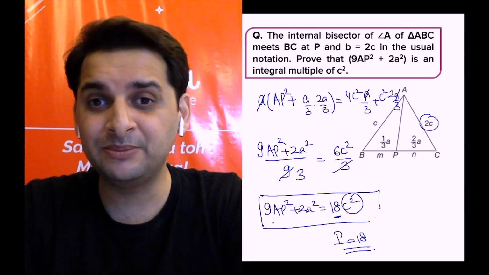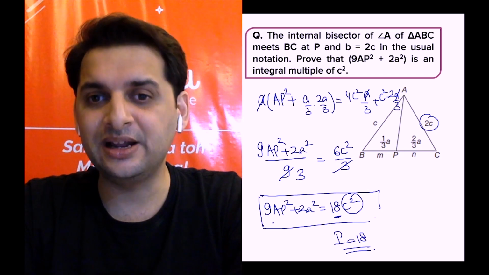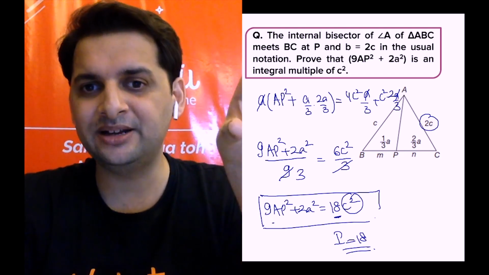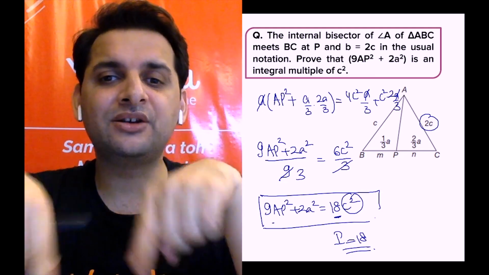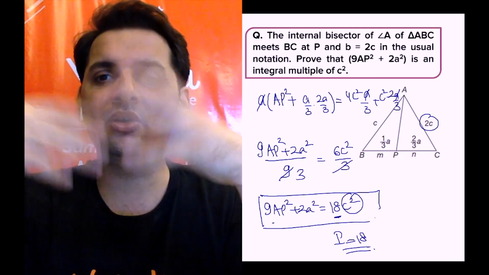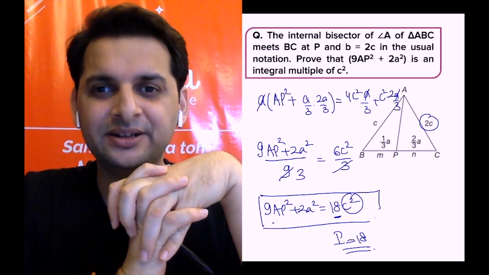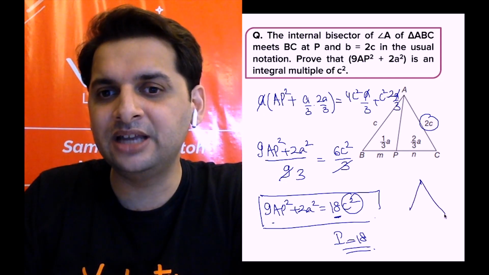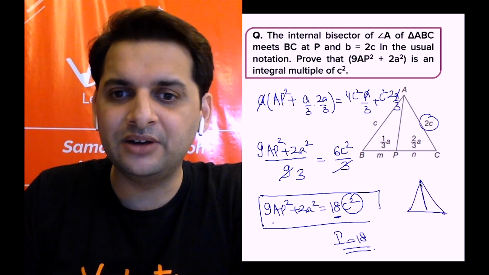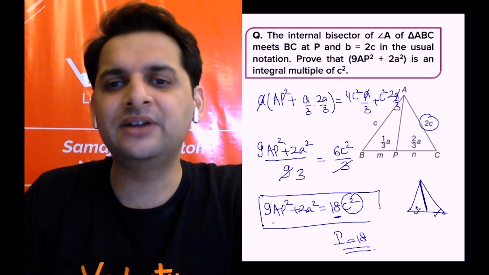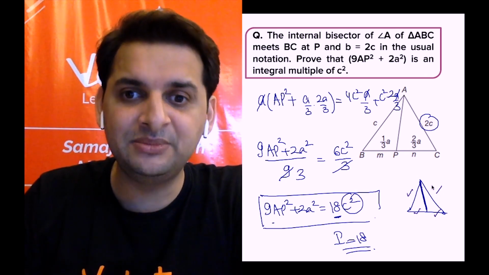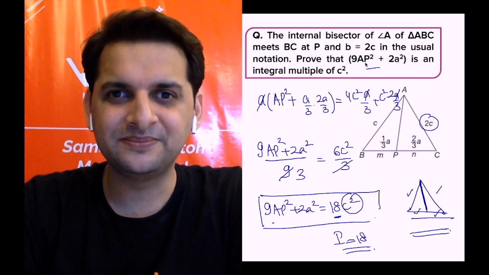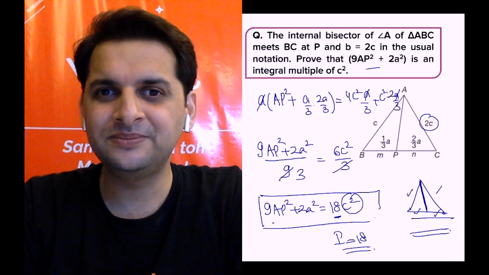So what does Stewart's say once again? If we know the sides of the triangle and also the segments of the opposite side, we can always find the length of this side, or we can always find the relation between all the things, right? So this is the direct application of Stewart's theorem. So from now on, whenever a triangle is given and some side and this length is given, there can be a relation. There is a direct relation between all these lengths, and that relation is Stewart's theorem. I hope this is clear to you all, right?